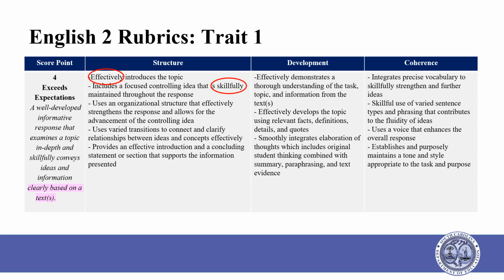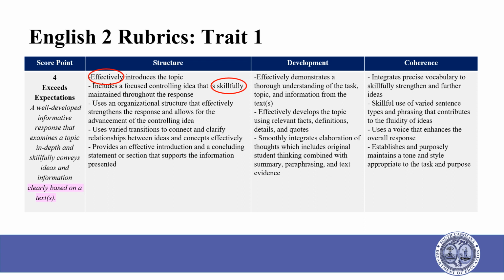As mentioned earlier with the SC Ready rubrics, we do not yet know what skillful writing looks like. After students take the TDW standalone field test in spring 2024, the SCDE will assemble committees of ELA teachers and content experts to serve on range finding committees. These committees will read and analyze student responses to the TDW items and determine at each grade level what constitutes each score point. In other words, the teachers will determine what skillful writing looks like at each grade level and within the corresponding modes of writing.